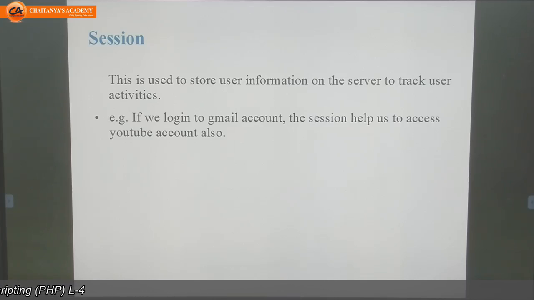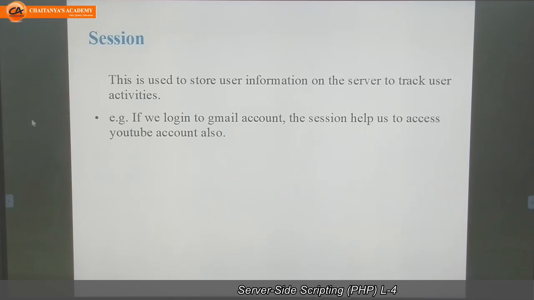The session helps us to access the other account information. So a session stores user information to keep track of user activities, and it helps the web application to maintain user information on all the pages.